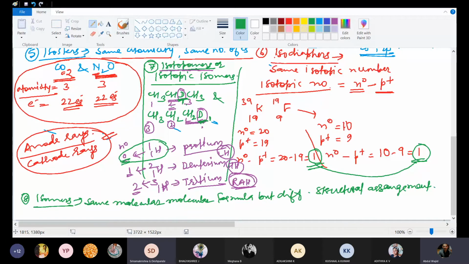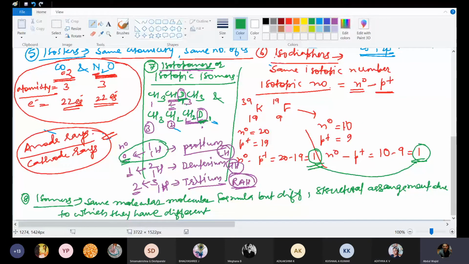Since it is structural, sir, or arrangement, can't we say different properties, as structure relates only to structure? That is what I'll tell you, but first we'll write this. The same molecular formula but different structural arrangement, due to which their properties are different. Which properties will be different? Physical or boiling point, sir? Chemical or physical, sir? Physical. Physical, no, both will be different.